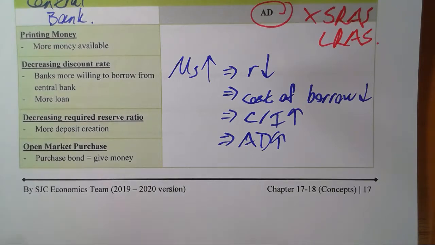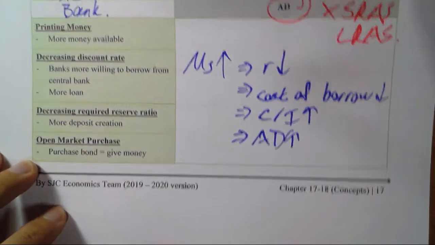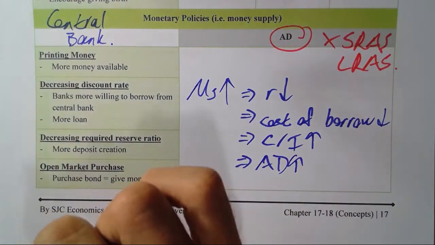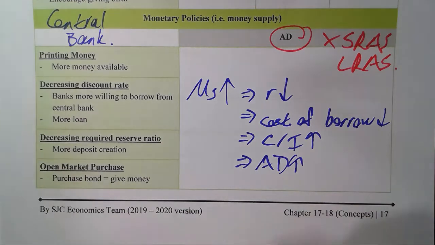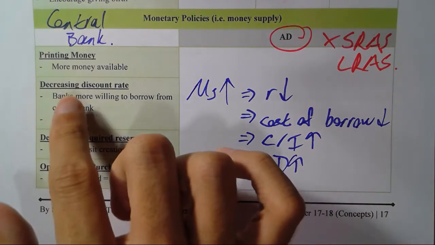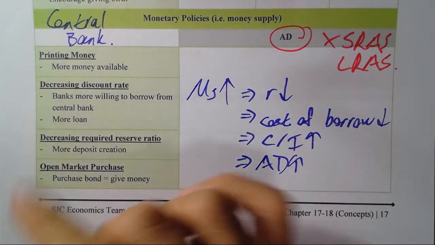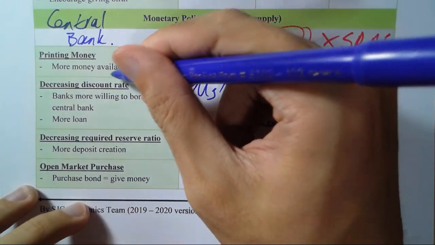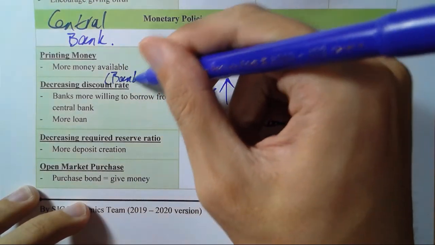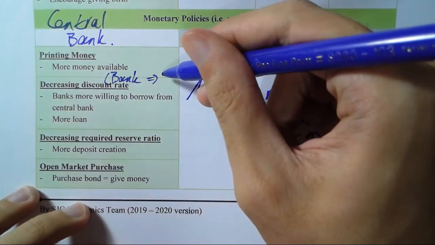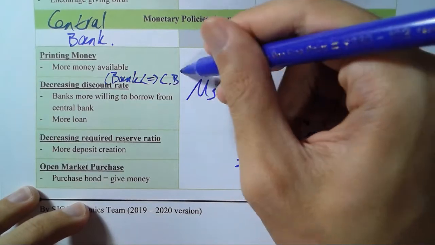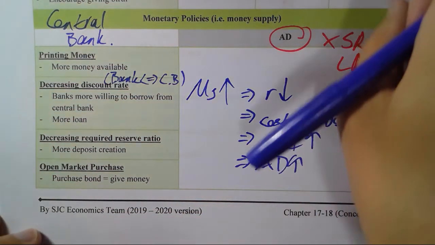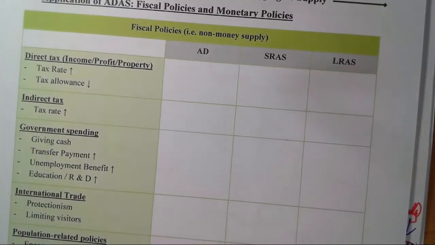Now, let's look at what are the four of them. Again, I've talked about that in chapter 19, but here, let's revise. First, printing money. 印錢咪多咗錢咯，唔講啦。Okay? Now, second, decreasing discount rates. Now, remember, discount rate is the rate of borrowing by banks from central bank. 原來係銀行同中央銀行借錢嘅 rate 啊。